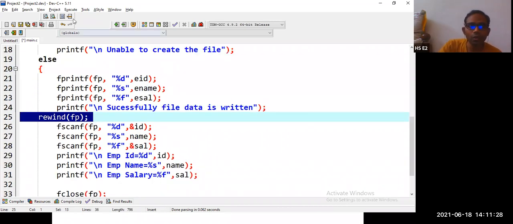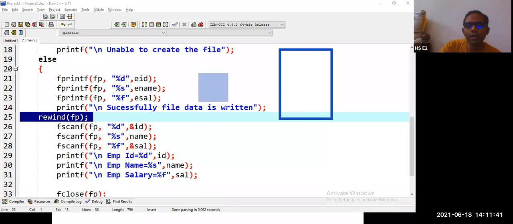Am I clear here? So what we are doing here, so we have a file. In this file, we have written first of all, so again we have a file pointer. So we have a memory location called file pointer. So the name of the file pointer is FP. So the file pointer is pointing first of all to the initial state of the file, that is the beginning of the file. So here what we are writing first of all is EID. So first thing what we are writing here is employee ID, fprintf employee ID. So that employee ID is written to the file.